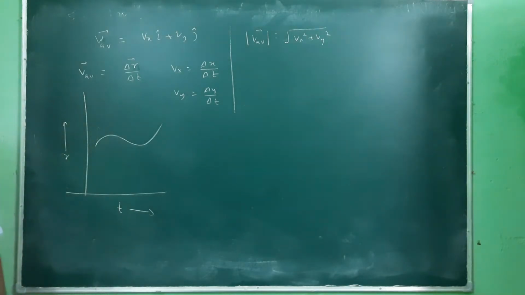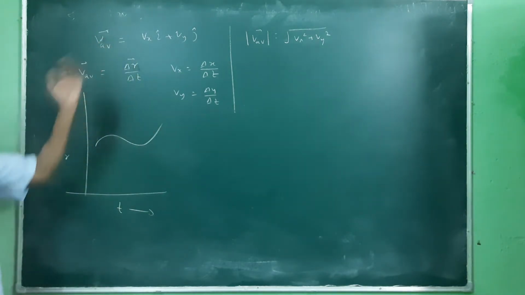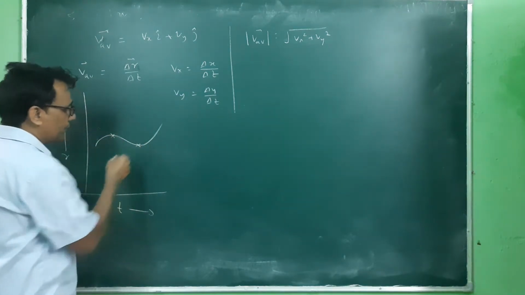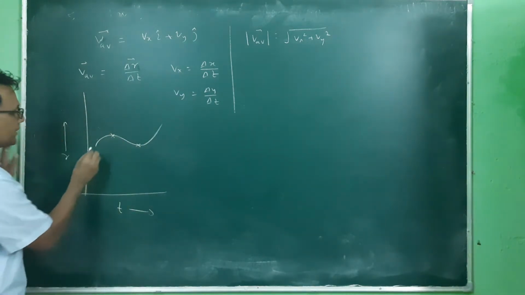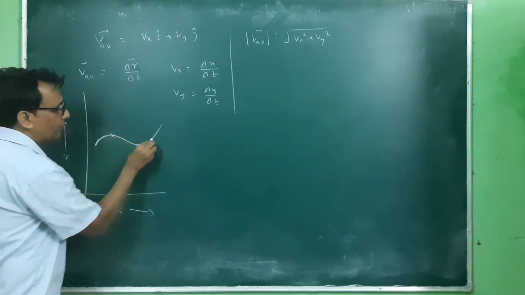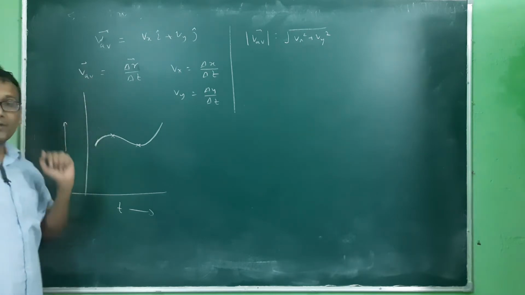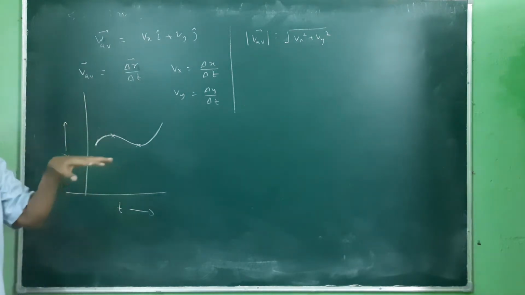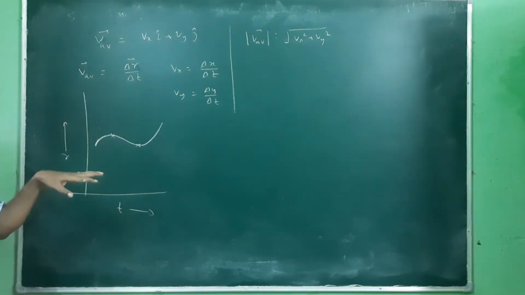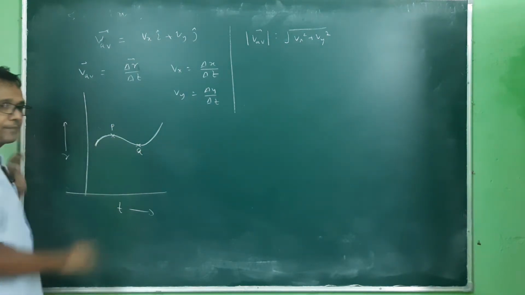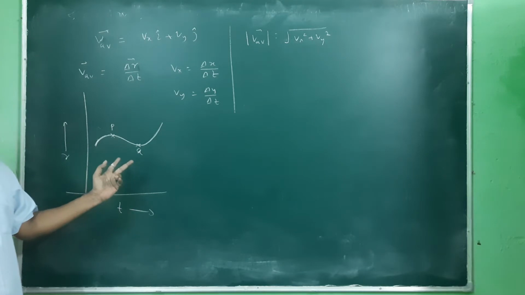So here, if you want to calculate the average velocity by using this formula, then we have this one position and there is another position. One body is moving following this path. So that variation in velocity, one can say, is because of the change in direction. Okay. So here, this is the point P and this is the point Q. We took this in the previous lecture, P and Q.